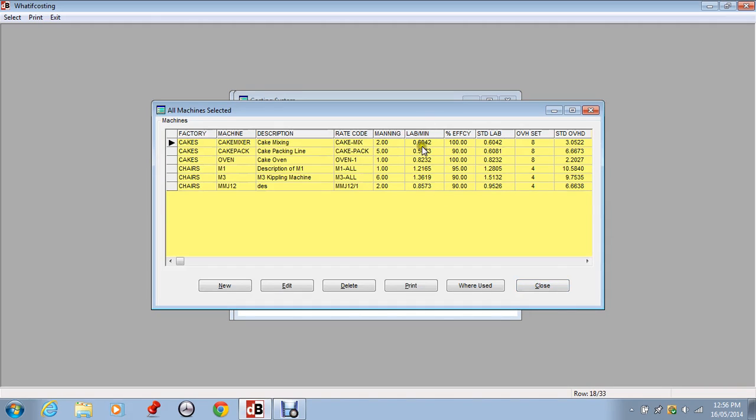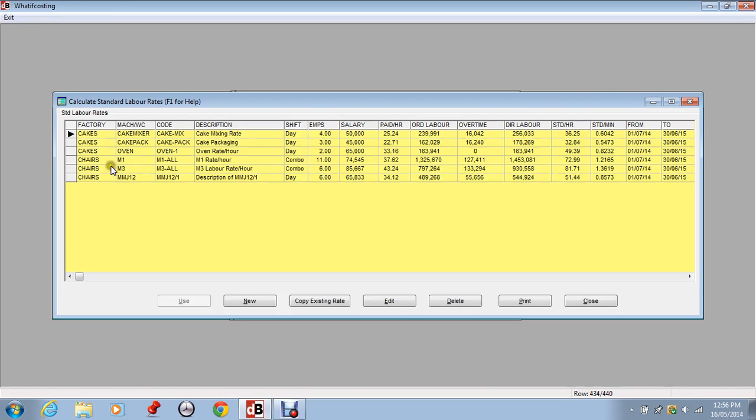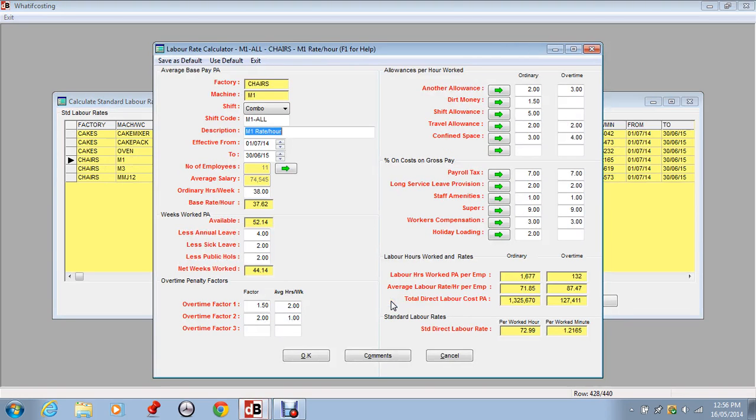I just now want to show you how we calculate the labour rate per minute. So we go in labour overheads, standard direct labour rates. You're using this as an example. The labour rate per minute is derived from the number of employees, average salary, ordinary hours per week, weeks available